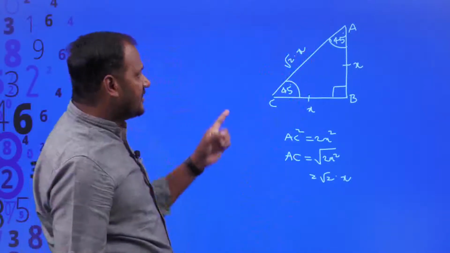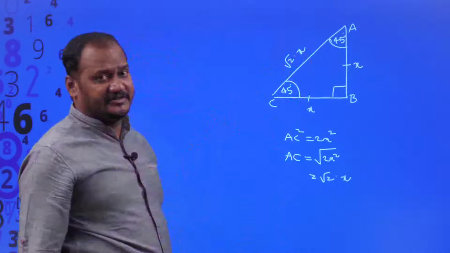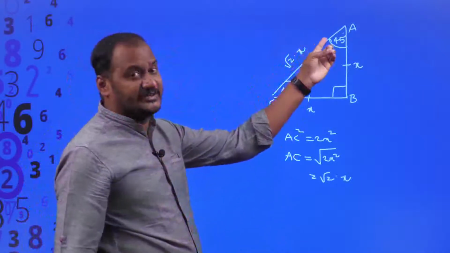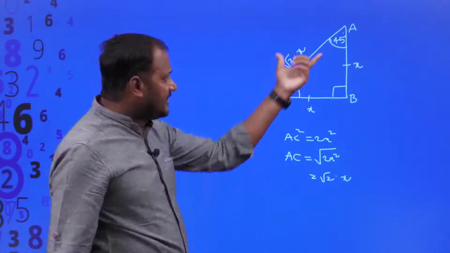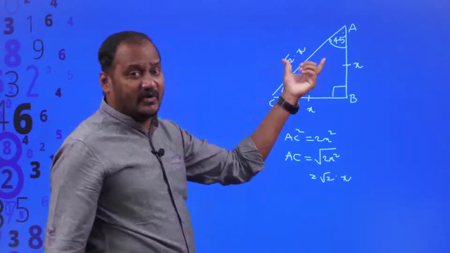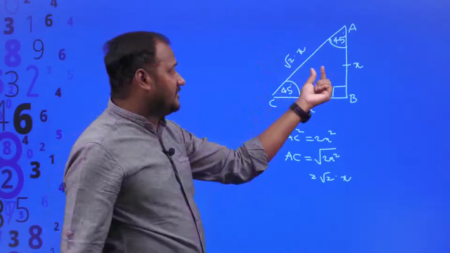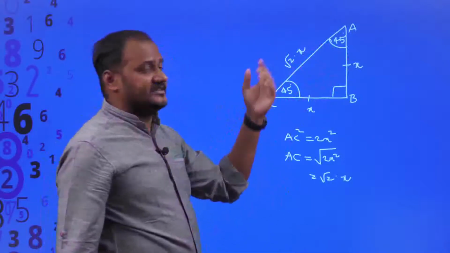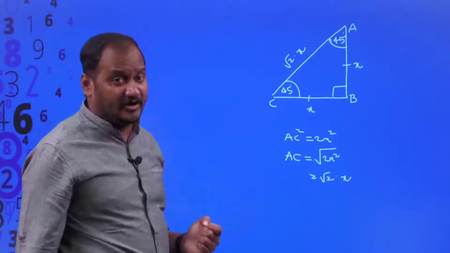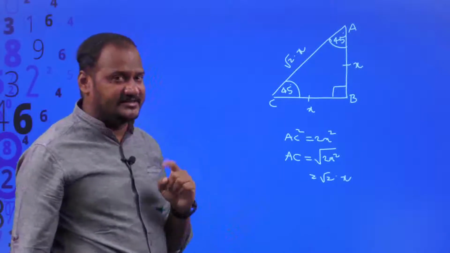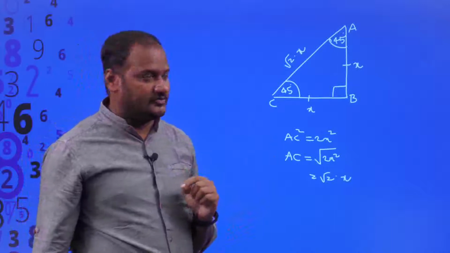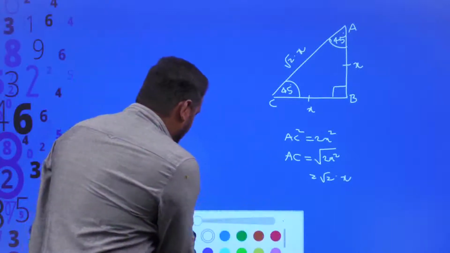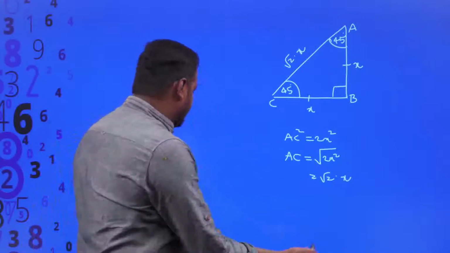That is, the length of the hypotenuse of a right angled isosceles triangle is root 2 times its side. Please do remember, these are all standard values when you have an isosceles right angle triangle. The hypotenuse of an isosceles right angle triangle is always root 2 times its side. Please do remember. Okay, let's get into our problem, finding the values of all trigonometric ratios.